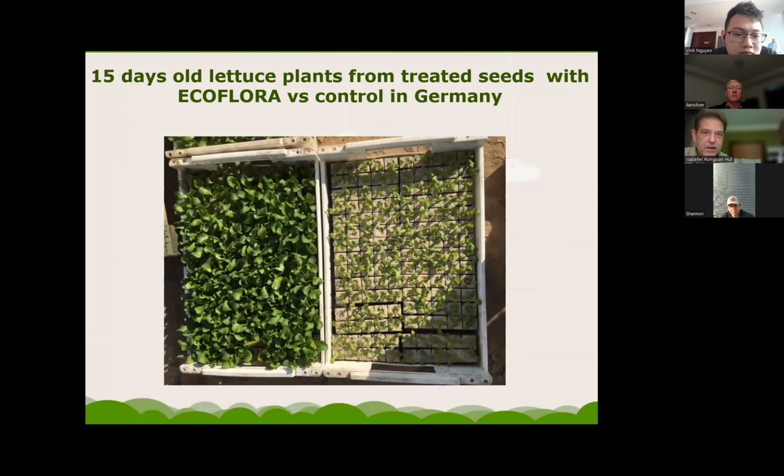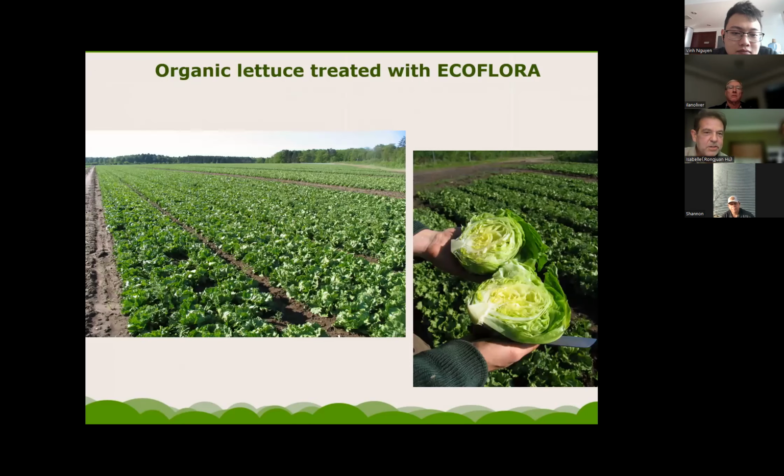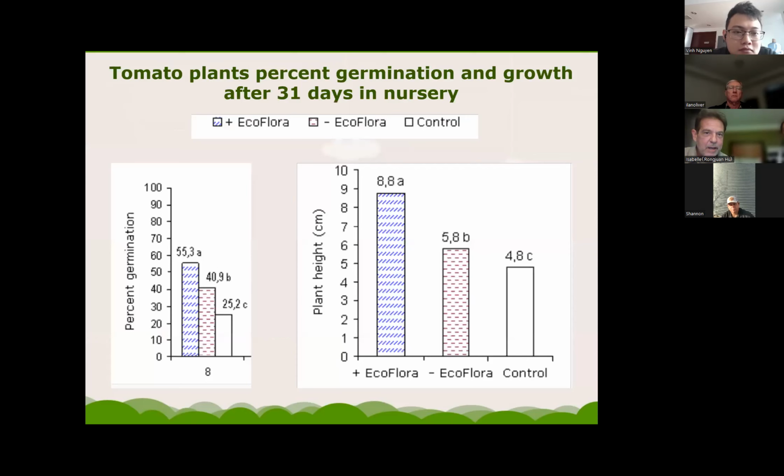You can see this in lettuce in Germany, treated and untreated. But the beautiful thing is that consistency. You see the beds. There are no holes in the beds. Very healthy, lush plants that you end up producing. This is in tomatoes in a nursery. And you can see that from the early stages, you start seeing good differences in the plants,